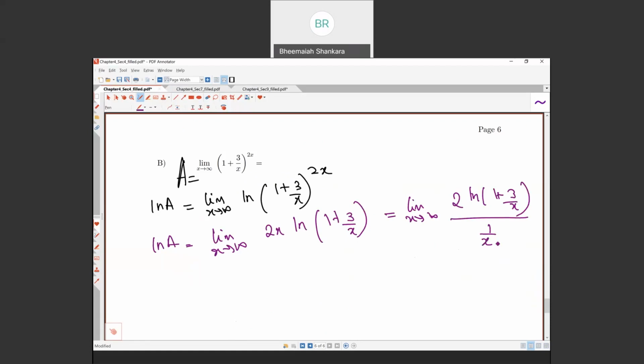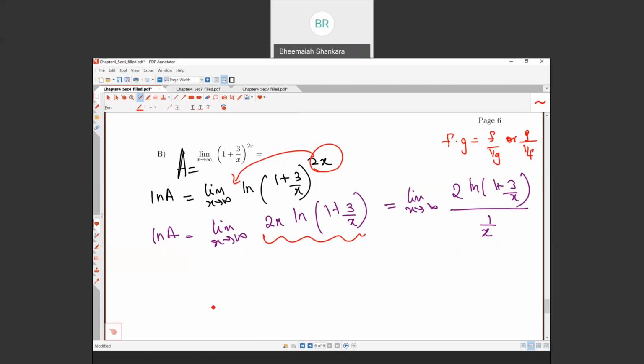So we started by rewriting the expression as a, we did a natural log on both the sides, and we are bringing this exponent 2x in the front here. That is what the step says, using a natural log property. And we also want to rewrite the function as 2 times ln and the 1 over x in the denominator. This is rewriting the f times g, what we learned in the previous topic. F times g can be written as f divided by 1 over g, or you can fix g in the numerator, write f as 1 over f. That's what we are doing here. The format is, if we want to get a 0 times infinity form, then it's easy to evaluate the function.